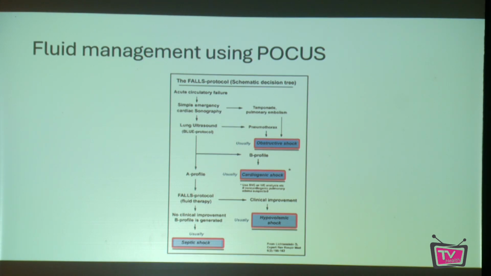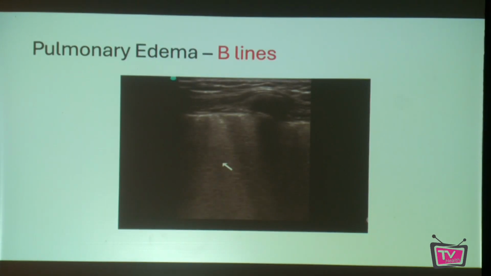Number two, look at the lung. When you do a lung scan, is it dry or wet? The third part is to look at the inferior vena cava, though in a ventilated patient it may have a different connotation. So look at whether it is a dry or wet lung. Very important. You can guide fluid therapy based on this in critically ill patients.